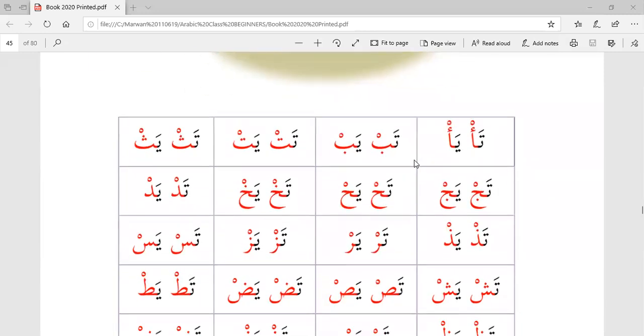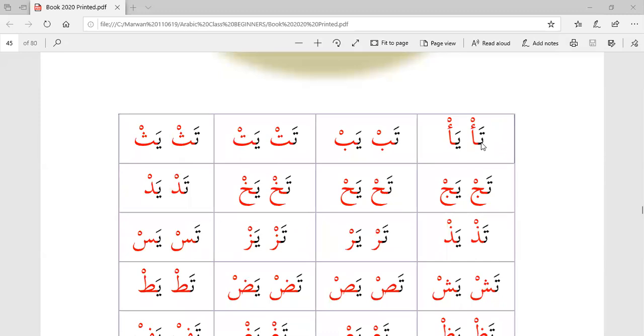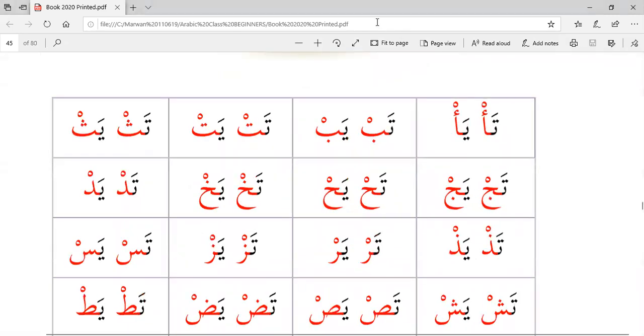So I'm going to start reading how to pronounce all the letters silently. And since the letters are being pronounced silently, we need to first pronounce another letter with them in order to pronounce them. So I'm going to say ta, ta. This is usually ta with a vowel, but now I'm making it silent. So it's ta. That's the Sukoon accent. This is ya, ya,